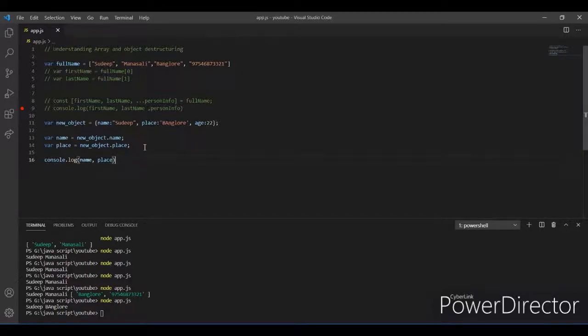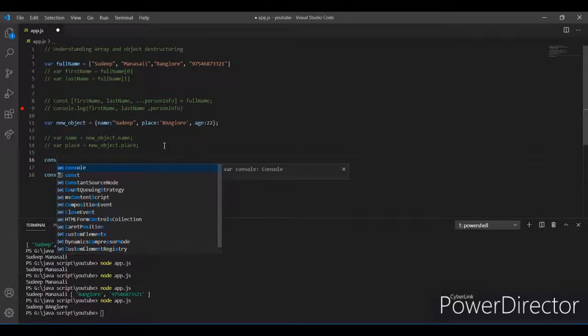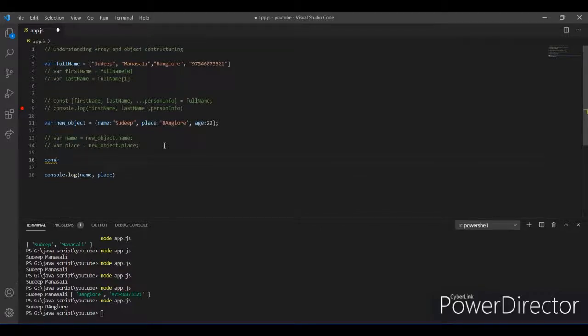We can also write this in a bit different way, that is object destructuring. Here you just create a constant, const, and add the object literal on the left side of the equal sign, and on the right side you point to the object that you want the data from, that is new object.